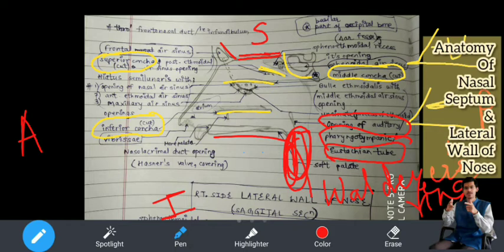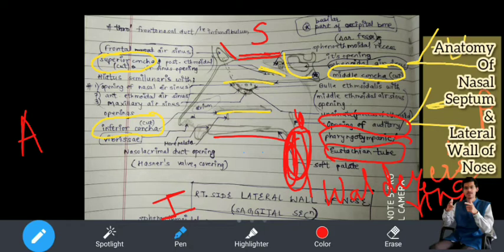So the examiner asked me about a tonsil that covers it; that was the tubal tonsil. The palatine tonsil is the most important tonsil in Waldeyer's ring, so we only remember that. So by mistake I said it's the palatine tonsil. Madam said no, wrong. Then I said, oh, it's the tubal tonsil. Then she said yes. So tubal tonsil.